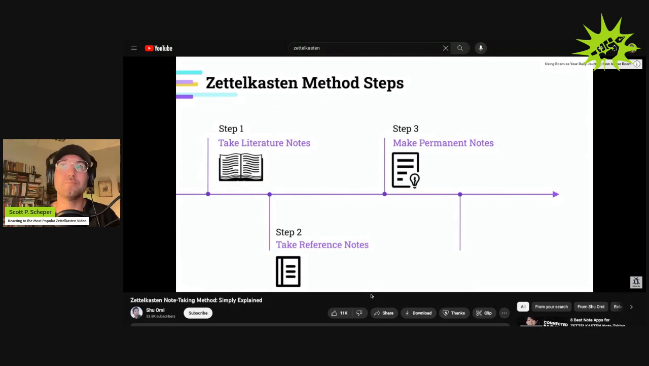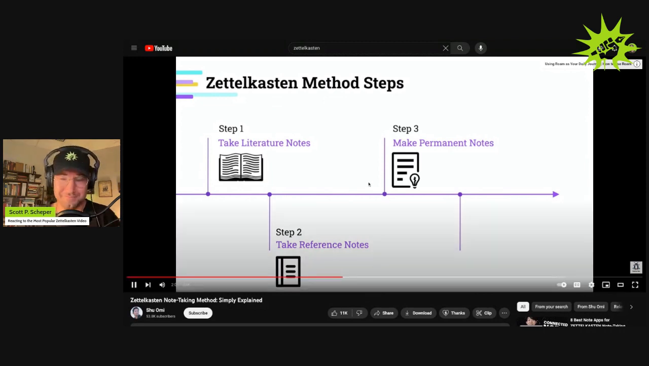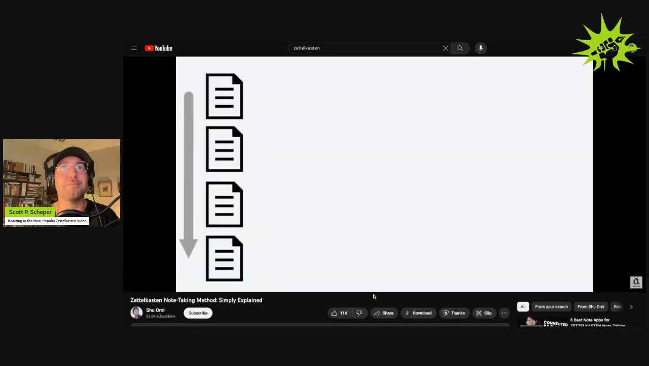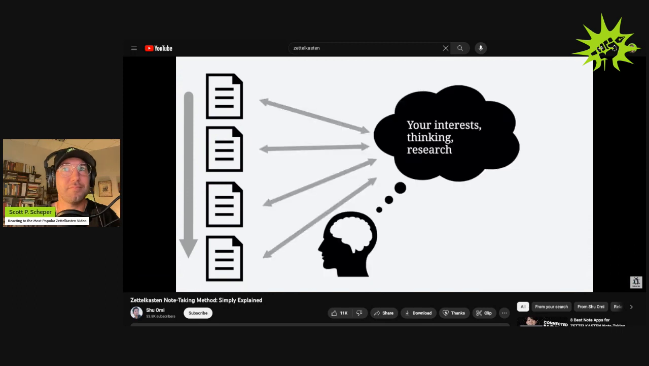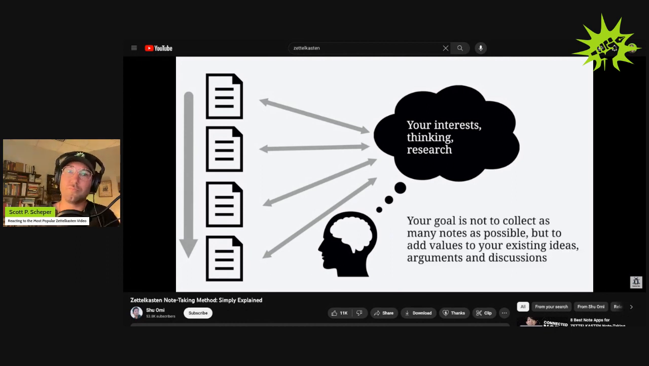The third step, probably the most important step, is making. All right. Make permanent notes. Again, this is a made up term by Zonke Arens and probably the most important step. It's not, but let's keep going. Permanent notes. Go through each note you made in the previous step while thinking about how they relate to what you're learning, your interest, thinking, or research. Your goal is not to collect as many notes as possible, but to add new values to your existing ideas,